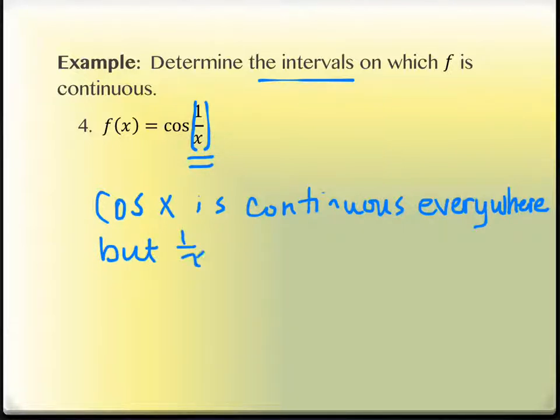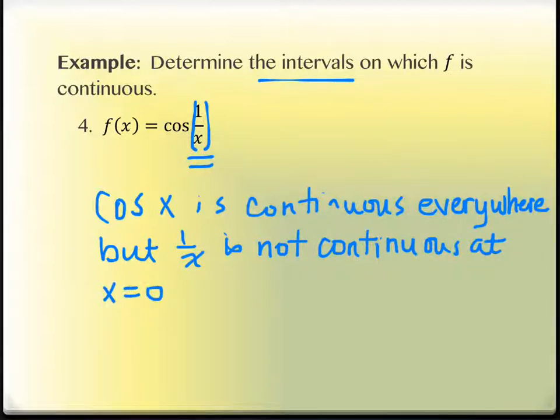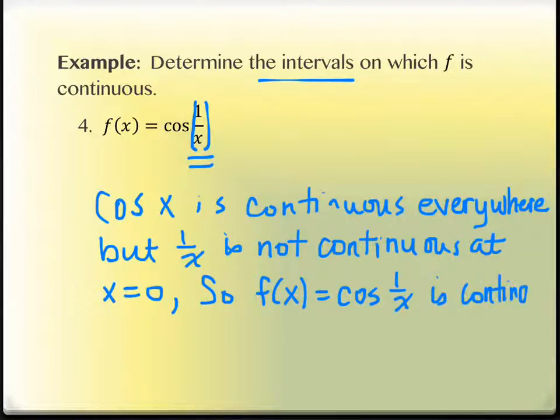But 1 over x, as we've said, is not continuous at x equals 0. So when we combine them together, we have to take into consideration both of those features and be as restrictive as we need to include all the pieces of information. So our function f of x, which is the cosine of 1 over x, is continuous,